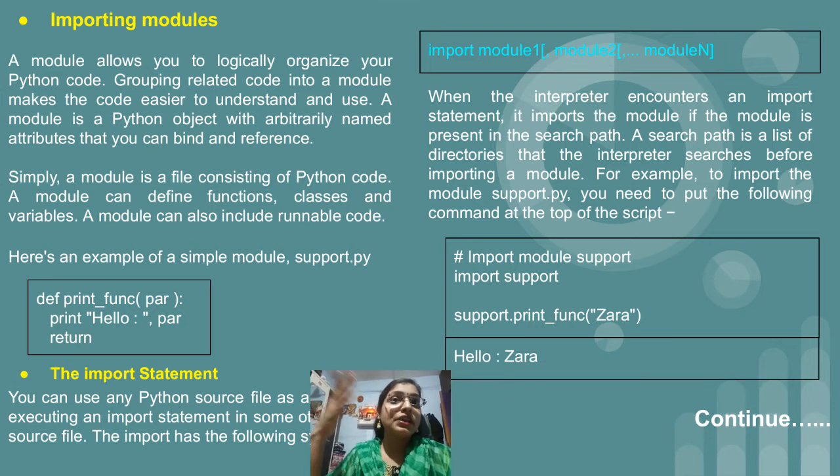So now we have created the print function in the support module, which is a parameterized function having a single parameter, and this is the reason why when we call this function, we write support.print_func with round brackets. We have provided one parameter. We can provide a number also if you want. Now I have just provided one name, that is Zara. So this is modules in Python. We have so many inbuilt modules, and if you want to create a module in Python, that is again possible.